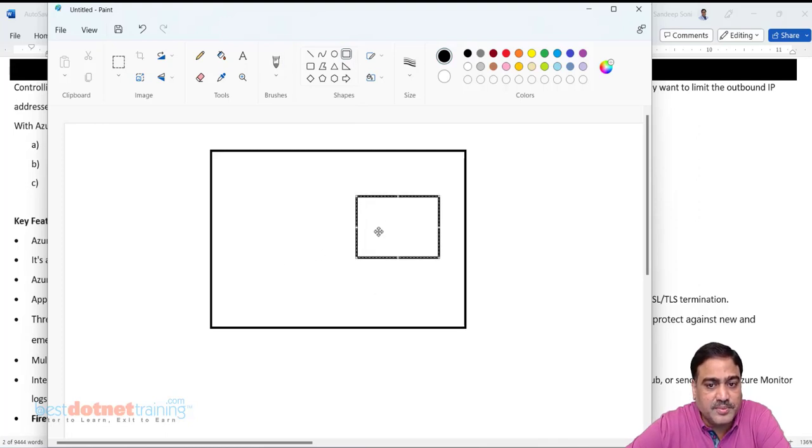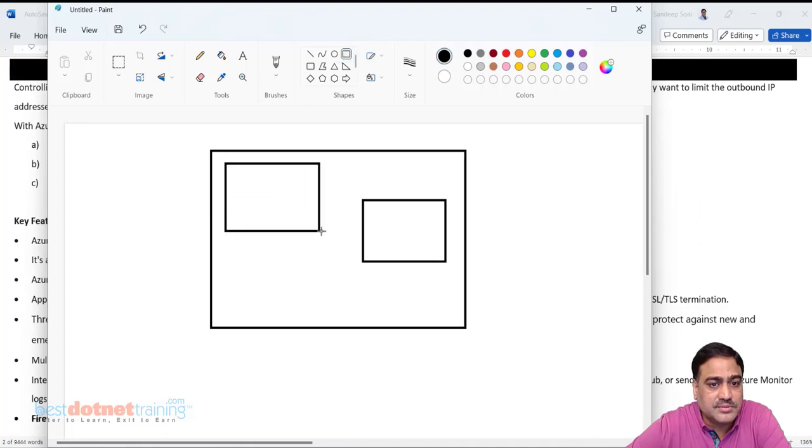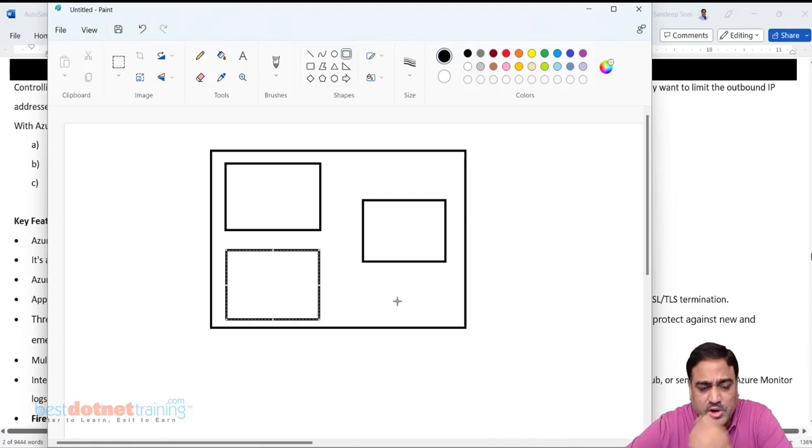This is my firewall subnet. And let's say we have some other subnets, front-end subnet, back-end subnet, whatever the other subnets are, and inside that I have a VM. Now the firewall is going to get created here. This is the firewall.